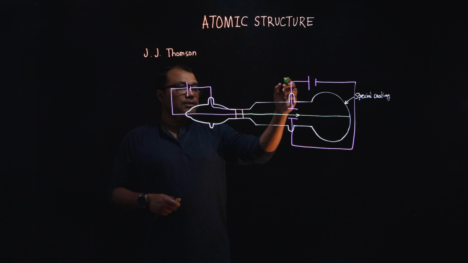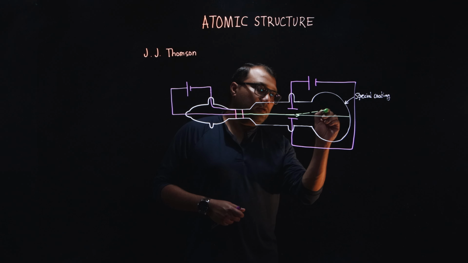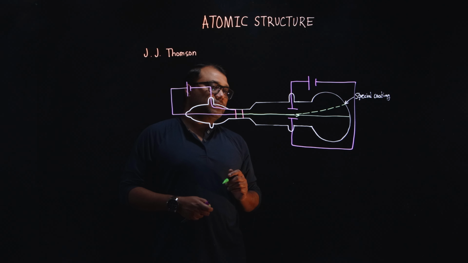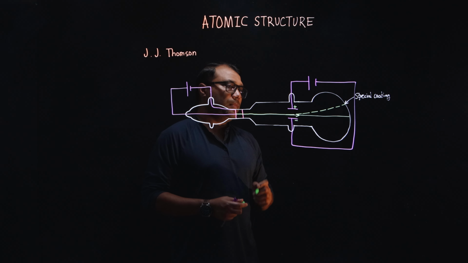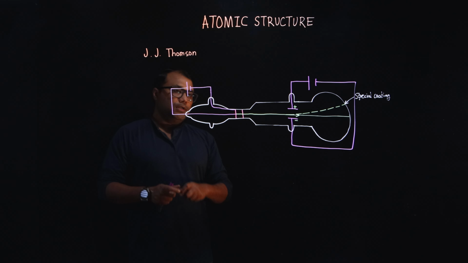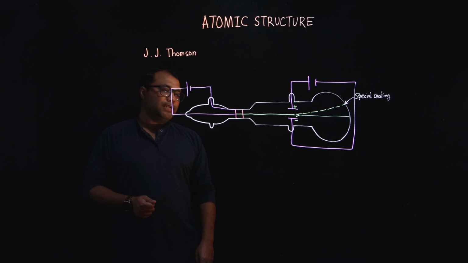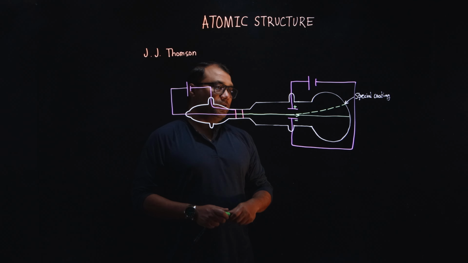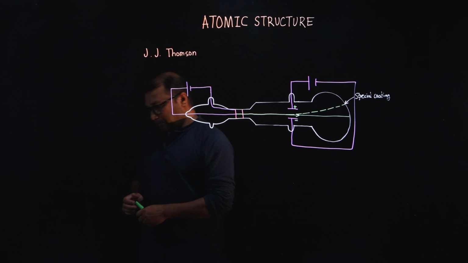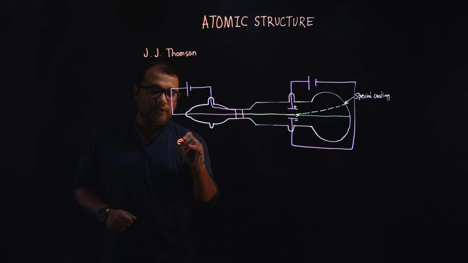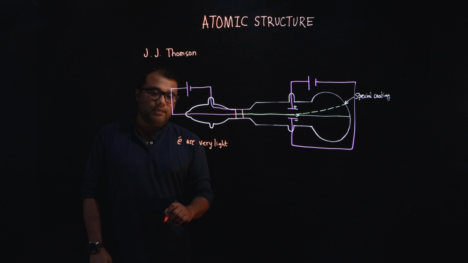and when he switched on this power source, what happened was this ray bent upwards, which is on the positive side, okay, because this is positive, this is negative. So this proved that whatever this ray is, this is negatively charged and getting attracted to the positive side. More the voltage was increased, more the bend was, okay. So Thomson deduced electrons are very light and they are negatively charged,